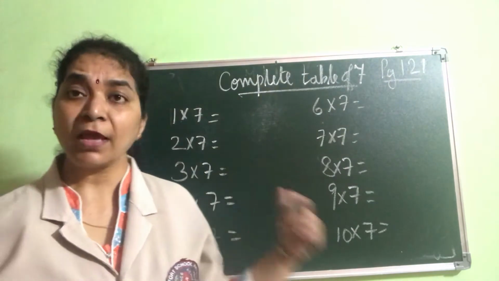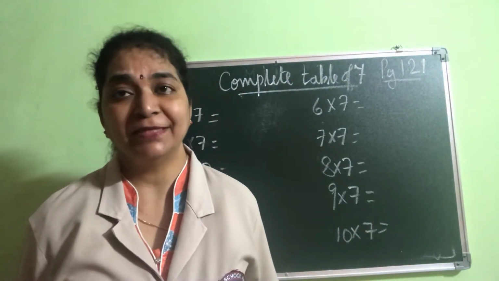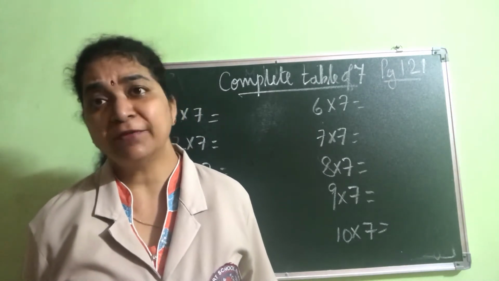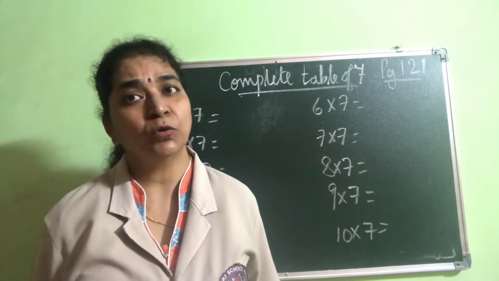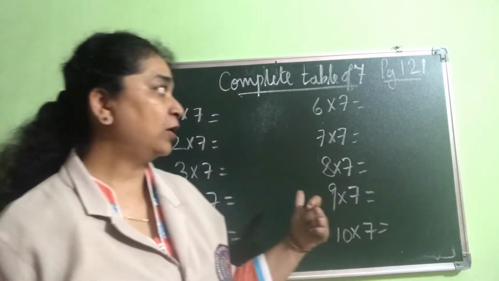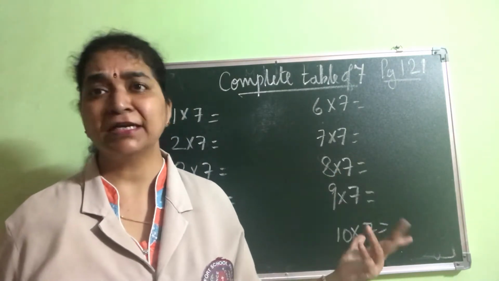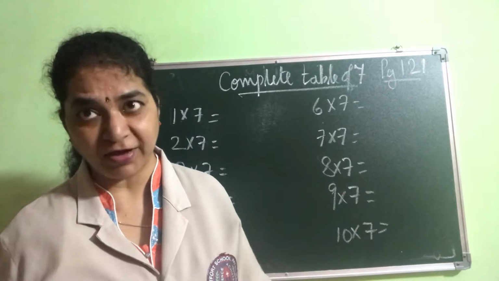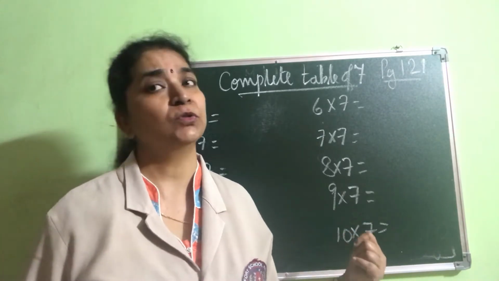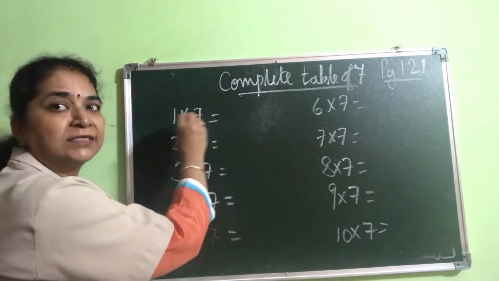So, I told you before, to do these sums, you have to learn the tables very nicely. If you know the tables, you'll be able to do it very fast and it will take no time for you all to understand multiplication. So today I hope you know the table of 7. We have learnt it in class 1 itself, but let's revise, and if you don't know, learn it so that you will be able to do it very fast. Okay. 1 7s or 7 1s.